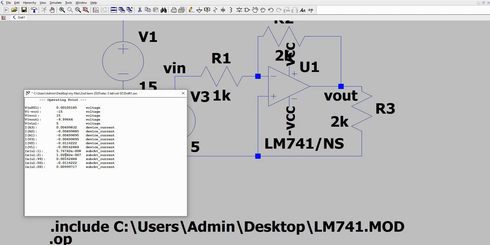Then for I out, the current that flows into your op amp, the value is 0.009999999717.